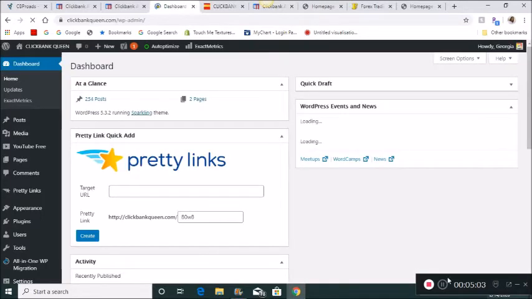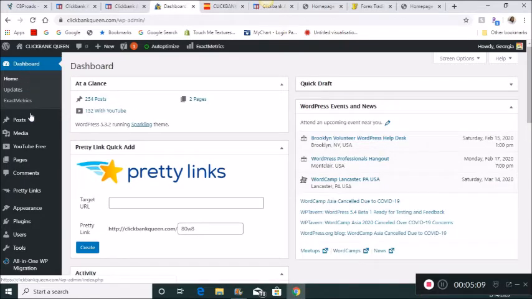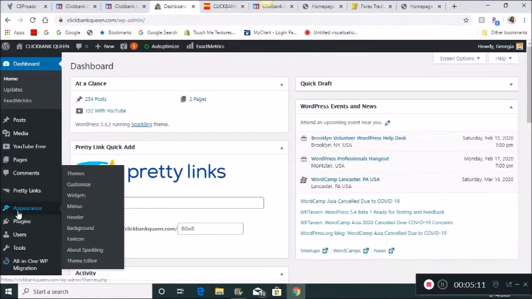So you open up your WordPress blog and you go into the admin area of your WordPress blog, click on dashboard, and then you come down to appearance, and you want to go over to widgets. You click on widgets,